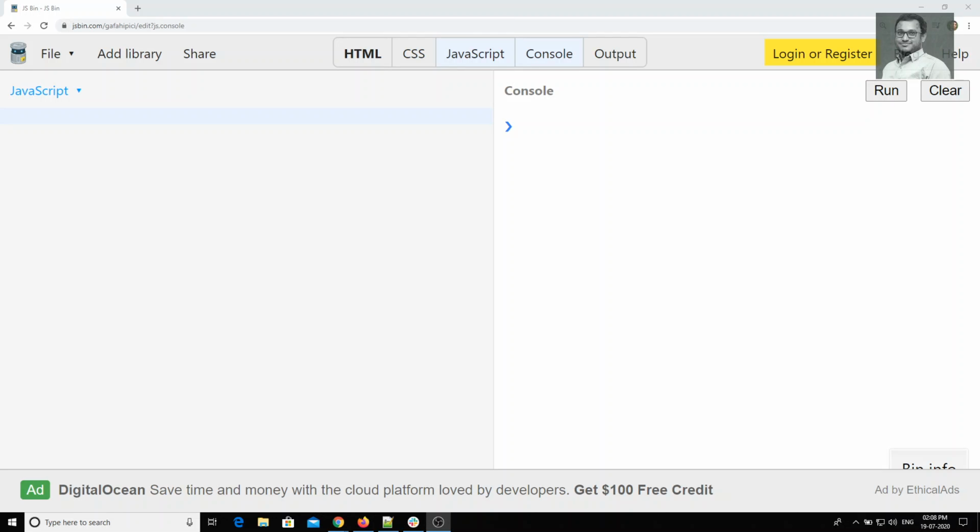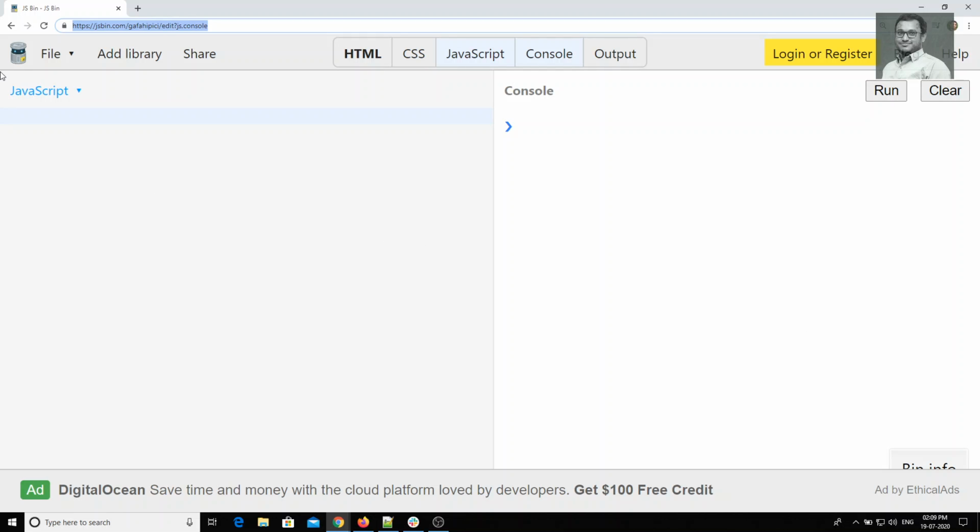Now when you see this website, this is nothing but the JSBin website. When I move the mouse cursor across, this is the window. The entire browser, this browser window, is called the window, and it is stored as a window object. In this window object, you can have access to the location, the address bar, the address location, and all the window variables and all those things through the window.